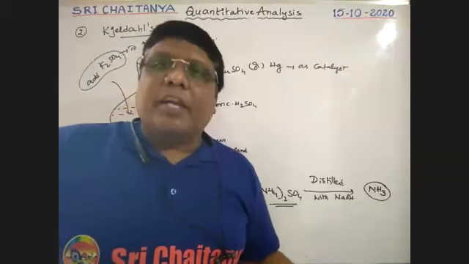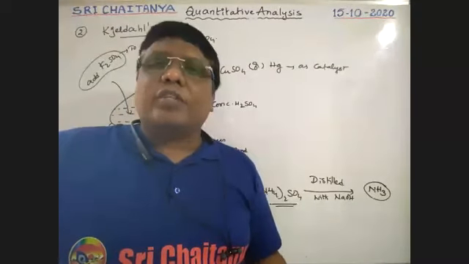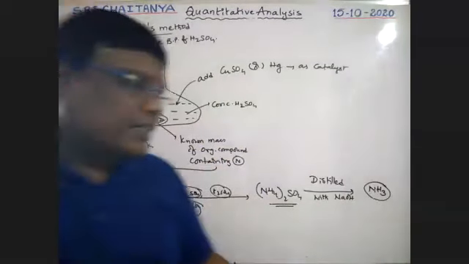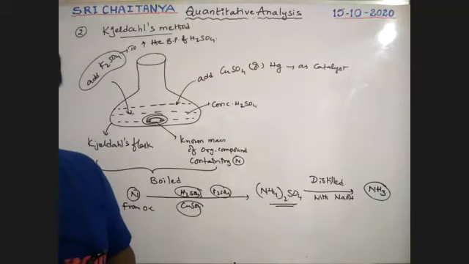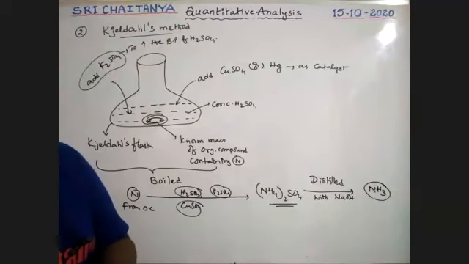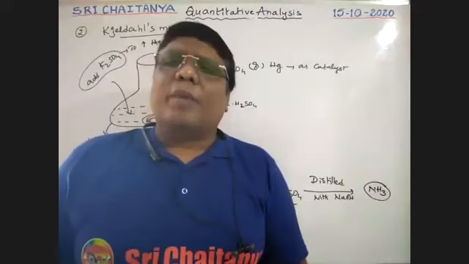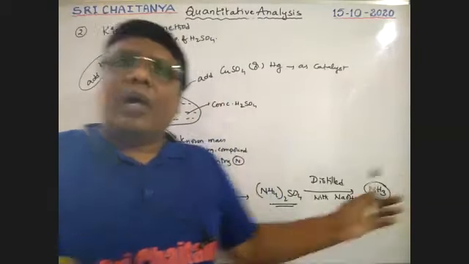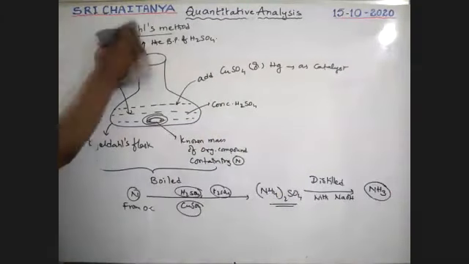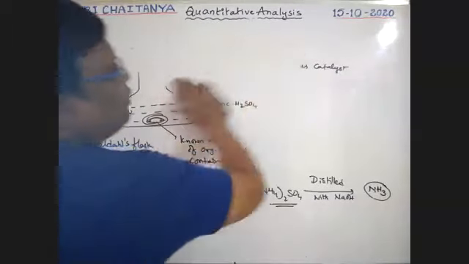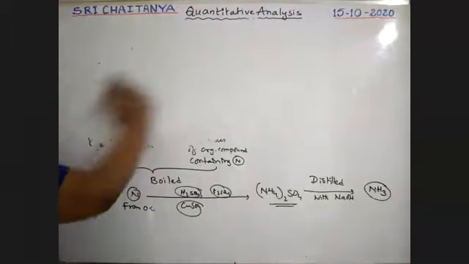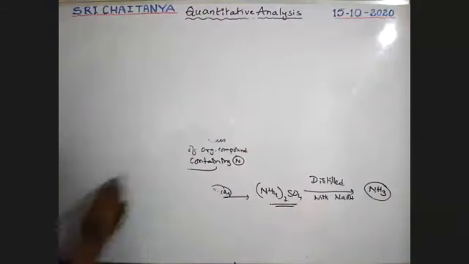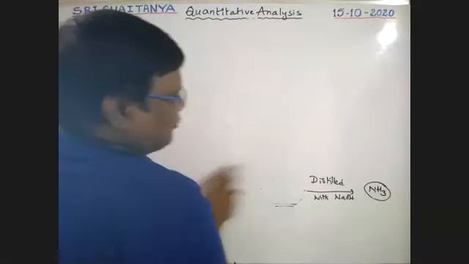So this mixture is heated and finally, during this process, ammonia gas is evolved. Now, by using that liberated ammonia gas, how to find out this? Because I want to find out the percentage of nitrogen, and the nitrogen is now in the form of ammonia. To find the percentage of nitrogen in ammonia, which is equal to the percentage of nitrogen in your given organic compound, I am now using back titration.